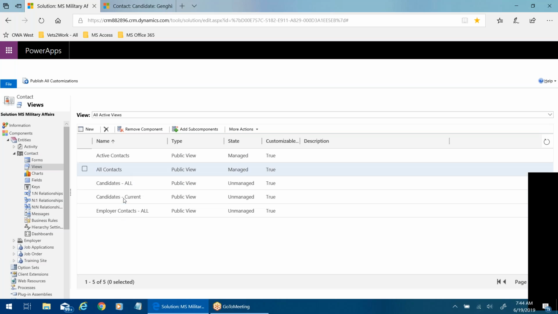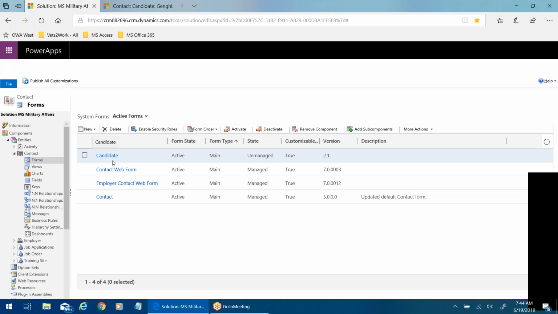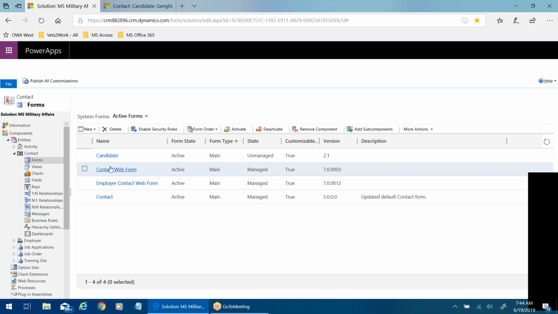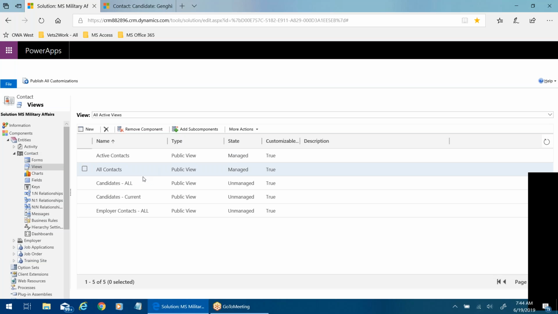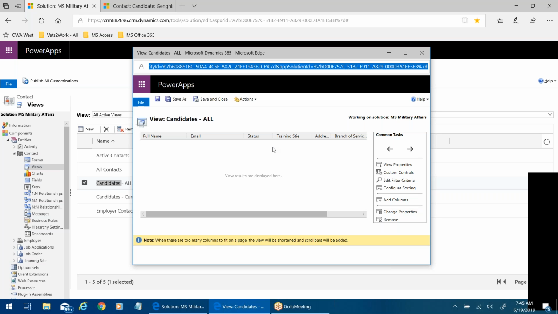If you didn't have any views here, John, they still may be connected. There still may be data connected to these forms. Here's the form only called candidate, and I'm not sure exactly how you tie a view to a particular form, or if it knows somehow. But let me show you what I think I know. Let's just go to candidates all, double click on this view, and see if I remember how to dive into the filters for the view.